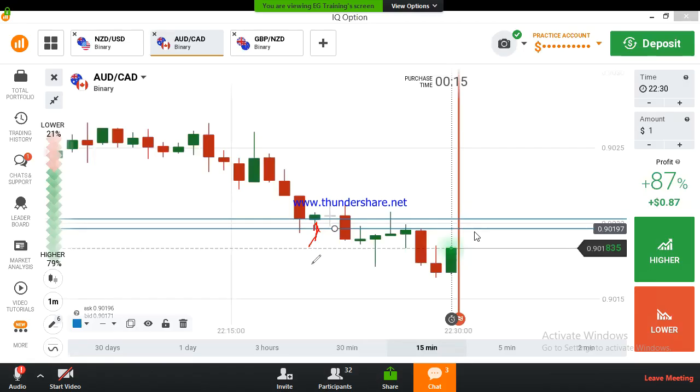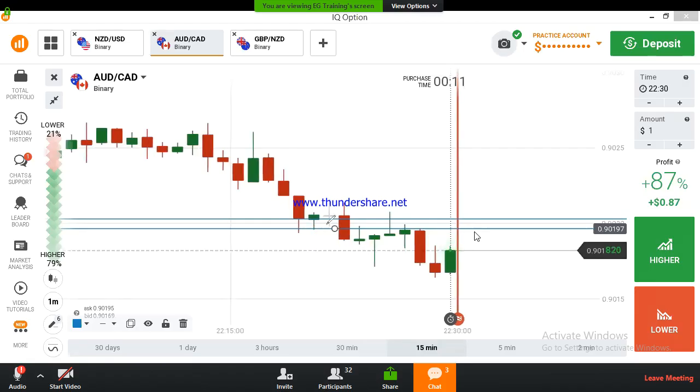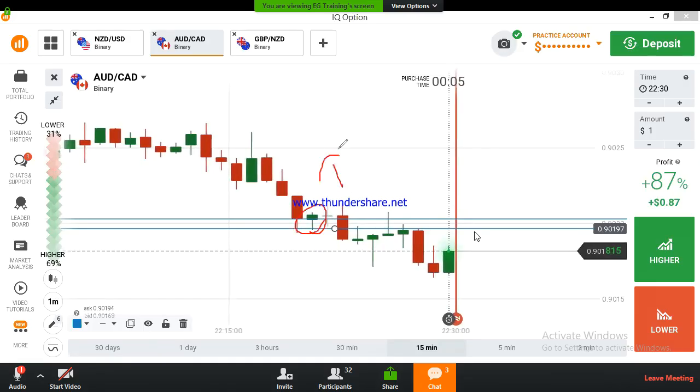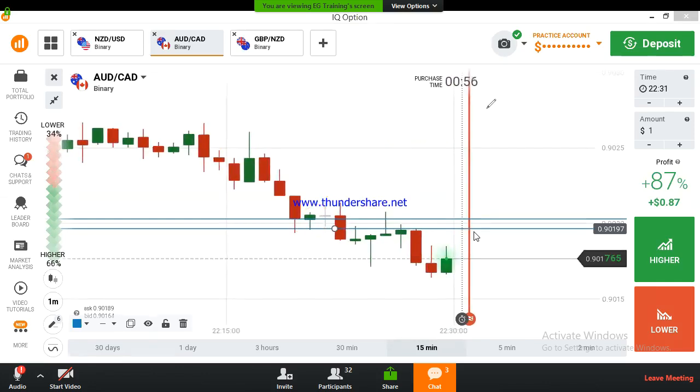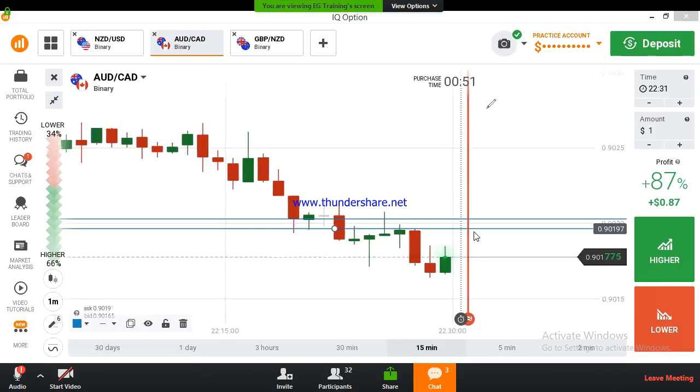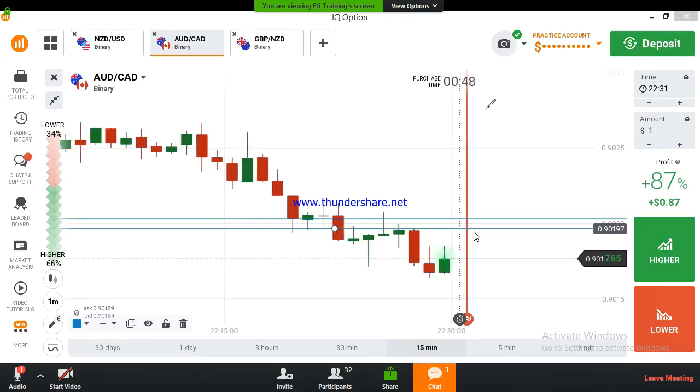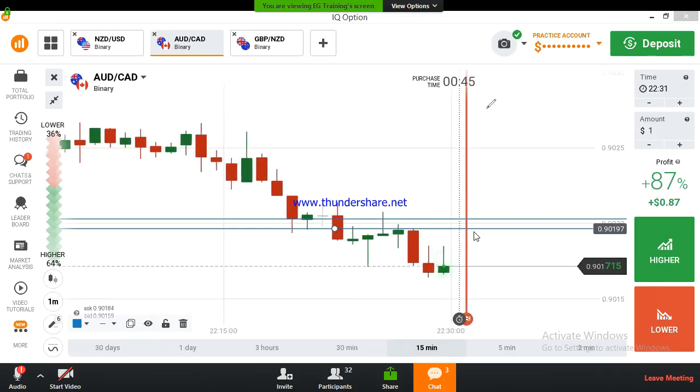The next candle, that dodgy one, again touches the level. We can't trade that. The strong level will reverse the market at least for 1 minute, or at least for one candle only. Only for one candle we can trust the strong level. We can expect only one reversal. Sometimes it will reverse for 3 candles too, but we can expect only one reversal because that is a level.